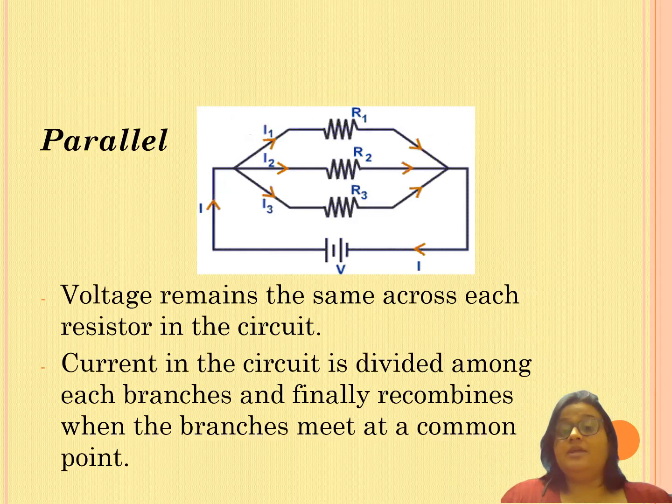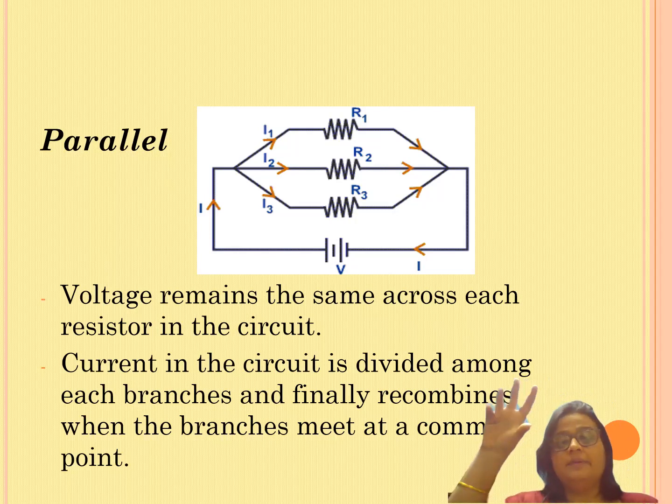Now, the parallel combination is very interesting. When you close the key and the circuit is closed, the current will start flowing as usual, as we have seen in the last slide of the last PPT. Now the current will be distributed in three branches: I1, I2, and I3. It will not be the same; it will be different in three branches along the three resistors. But the interesting thing is that the whole current will be equal to I1 plus I2 plus I3, which is distributed among the three resistors.